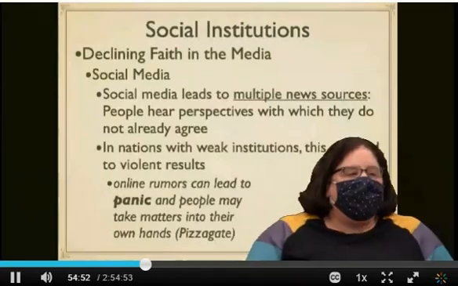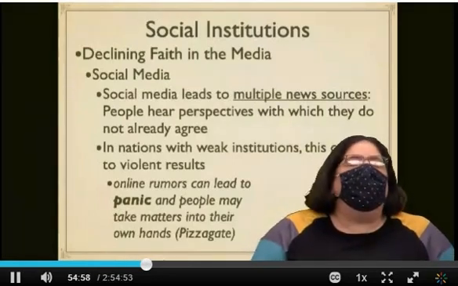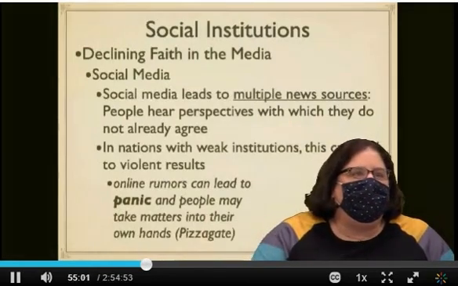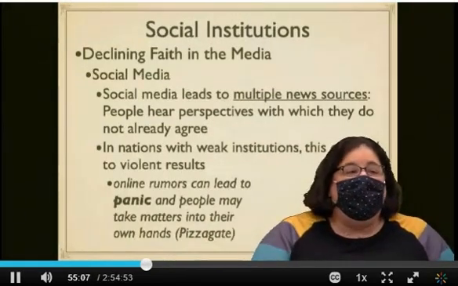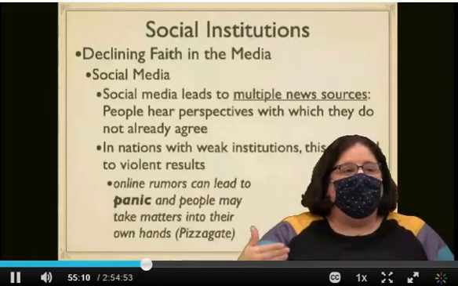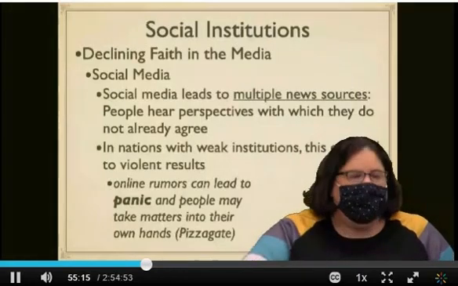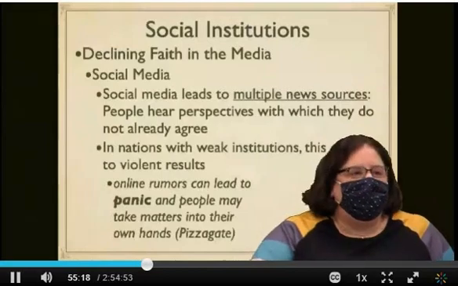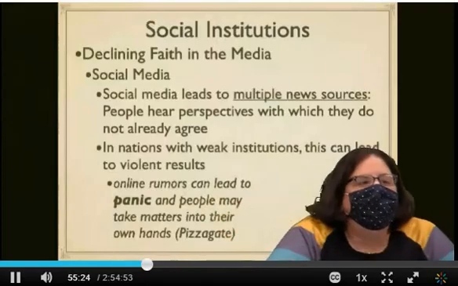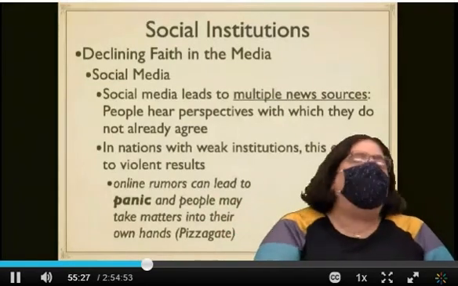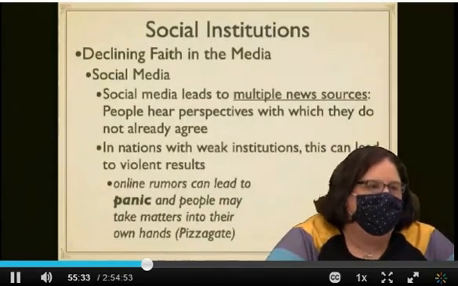One example of this was Pizzagate. I don't know if you guys remember that one from 2016, where there was an online rumor that there was a sex trafficking ring in the basement of the Comet Pizza joint in Washington, D.C., and somebody with a gun went into this pizza joint and held everyone at gunpoint. Did they shoot? They did shoot, right? Because they thought there were children being held captive in the basement of a building that does not have a basement, because it was a made-up rumor. And Hillary was behind it, right. Wasn't she the one who had organized this whole thing? Yeah, that was the rumor.